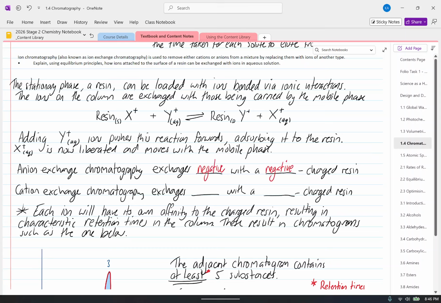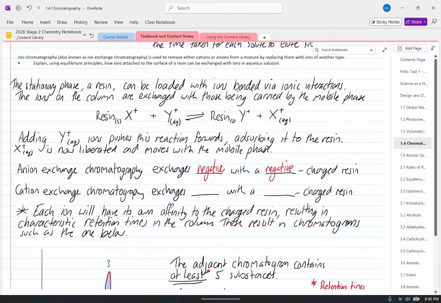So we have anions are negative. If you see anion exchange, you are exchanging one negative anion with another negative anion, also a negatively charged ion. Now I know what I'm trying to write. So scratch that. Anion exchange chromatography exchanges anions